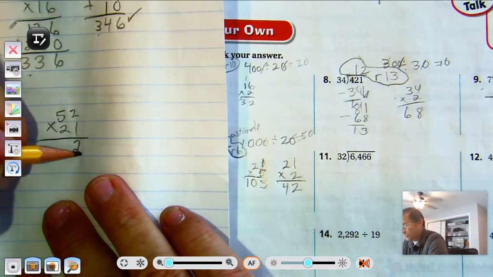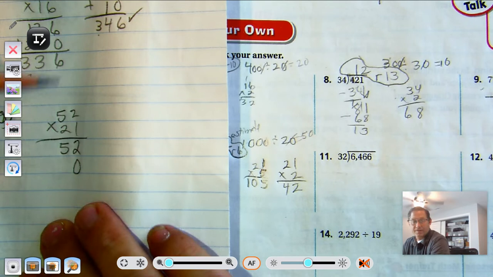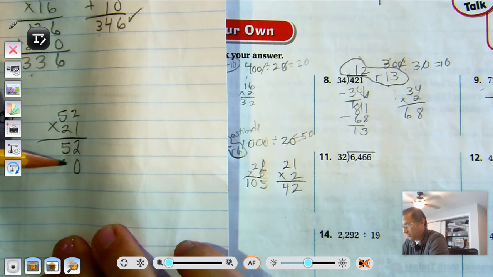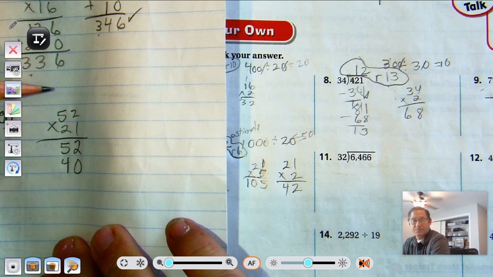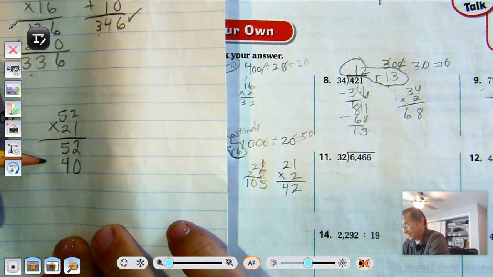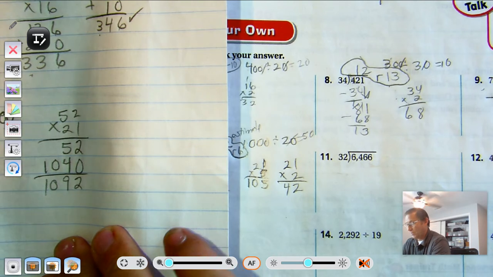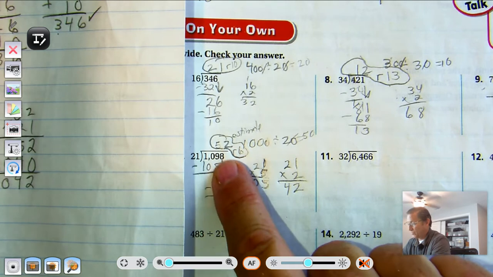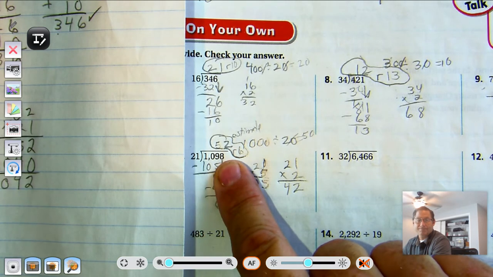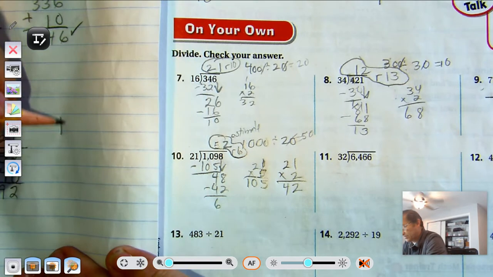1 times 2 is 2. 1 times 5, 5. Let's move to the tens. 2 tens times 2 is 4 tens. 20 times 50 is 1,000. 1,092. Well, our dividend was 1,098. So that, remember, we haven't added the remainder. So 1,092